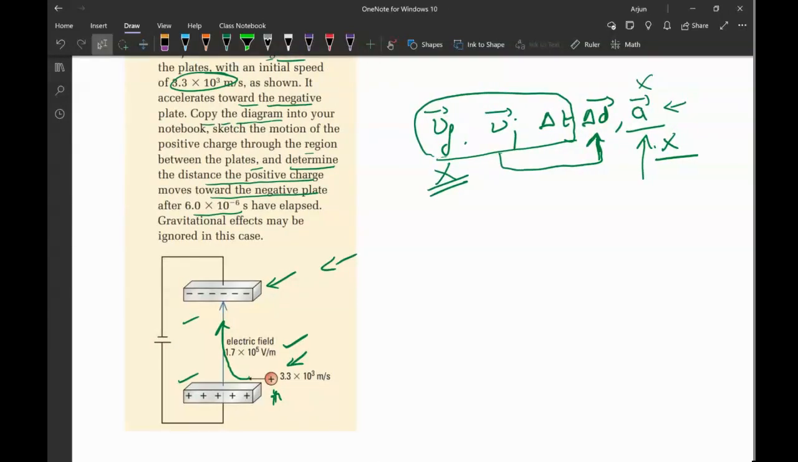And then there are five equations. Those equations are v initial,